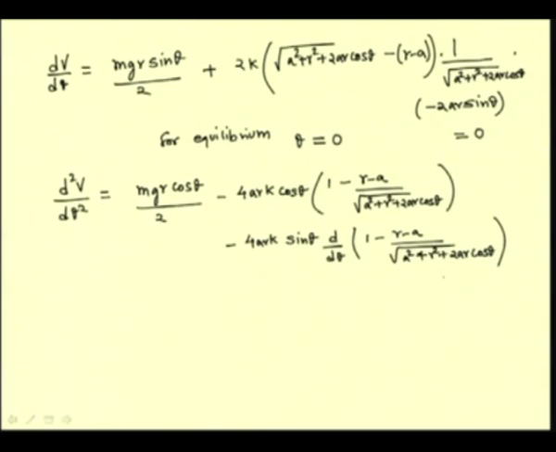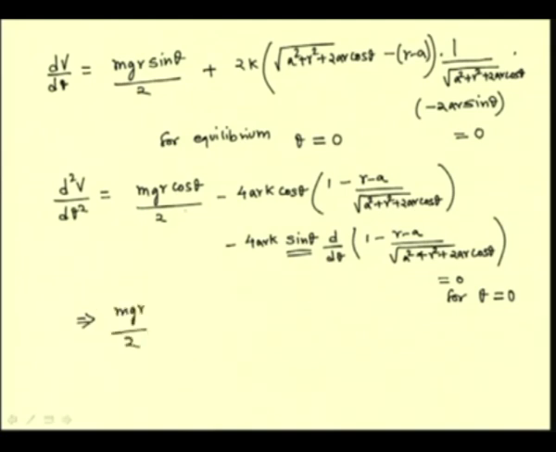So, if we equate this to 0 for the position theta equal to 0, we know that for theta equal to 0, this term becomes 0 because we have this sin theta term, and since we have cos theta, these terms become 1, and this entire term becomes